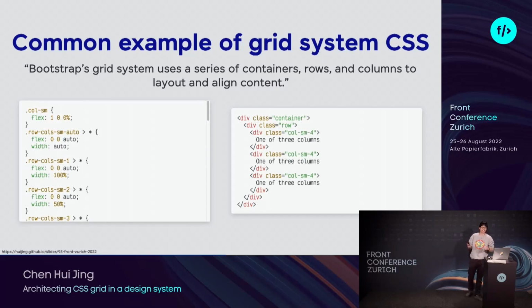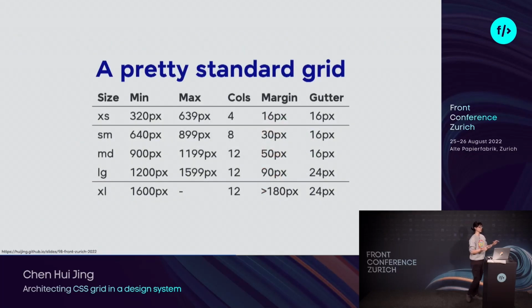I didn't write this. But if you think about it, when Bootstrap migrated from floats to Flexbox, it wasn't that drastic a refactor because the sizing still was applied on the items themselves. I'm thinking if they were ever going to migrate to grid, it's going to be a very, very big rewrite. And I think that's a bit of a challenge. But for the scope of today, let's simplify things a little bit, and let's say that we have the luxury of implementing a brand new design system, and we can build out a grid system for that. It's not a migration, it's just build this new thing, fun.